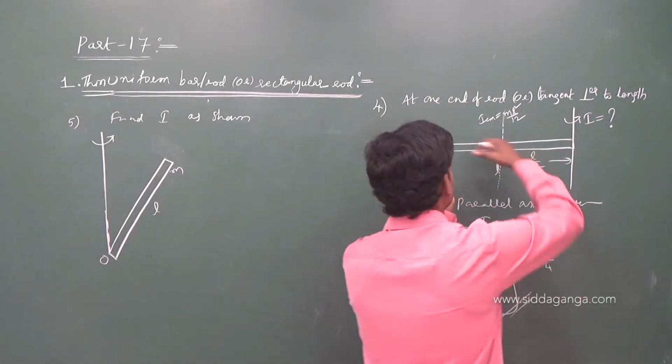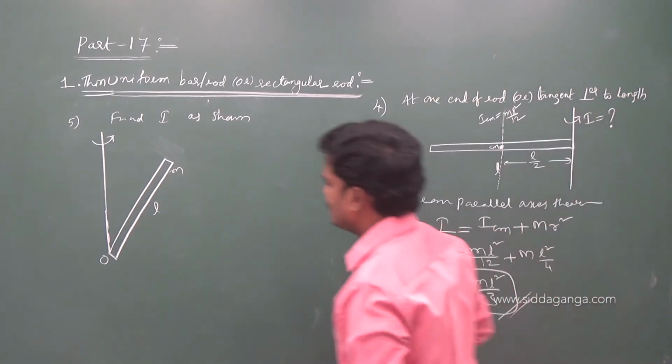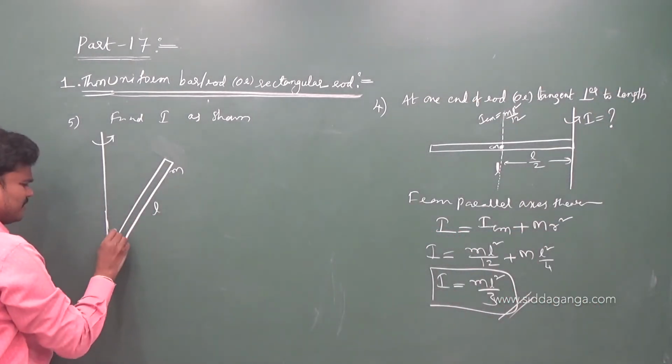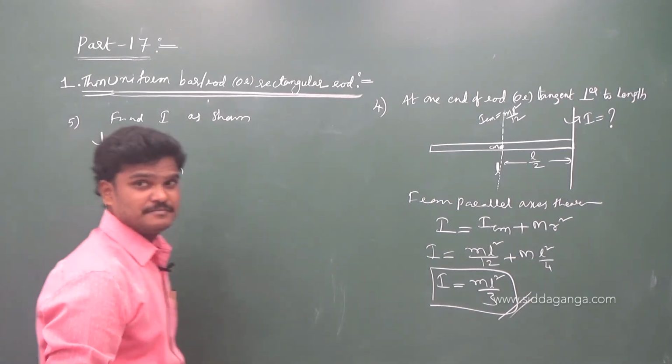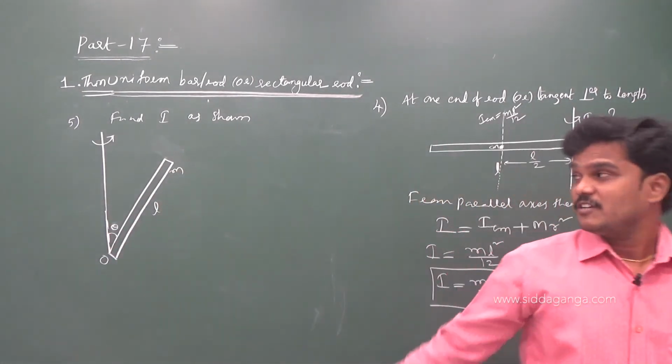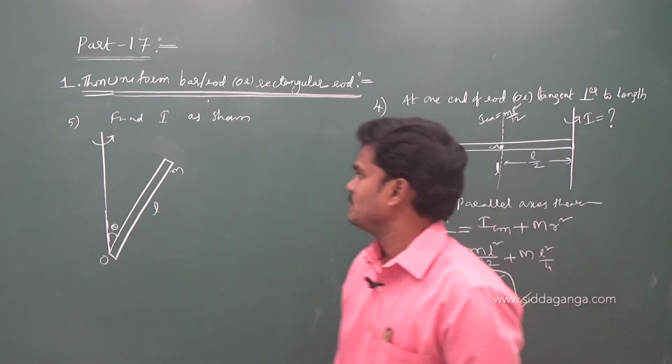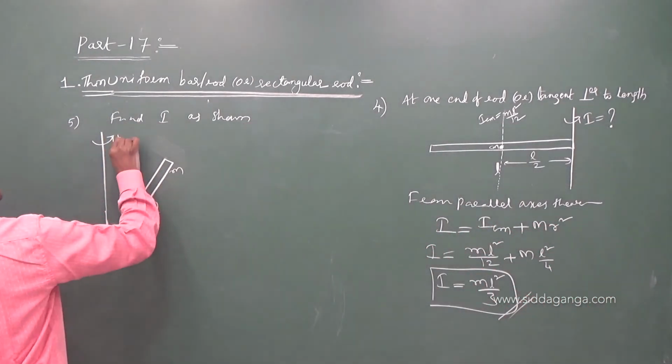The same body, it is just bent like this by some angle. Let us give the angle, otherwise it is not possible. They may give 30, 40. Okay, let us take theta. It's better. Find moment of inertia I about this axis. This is our target.